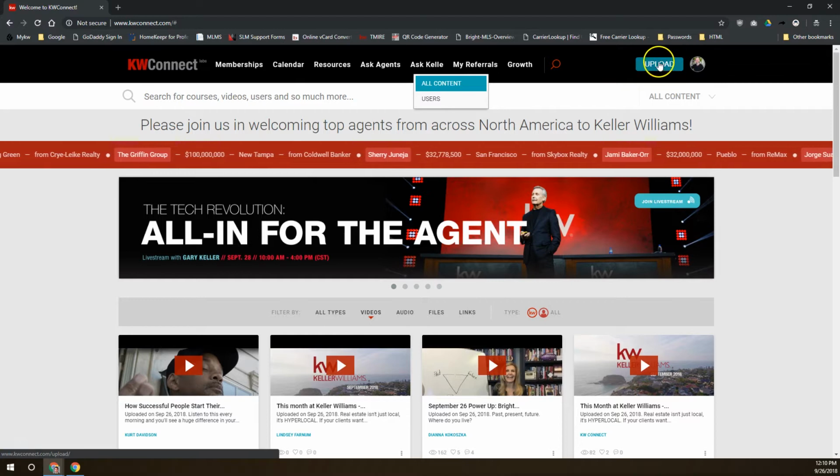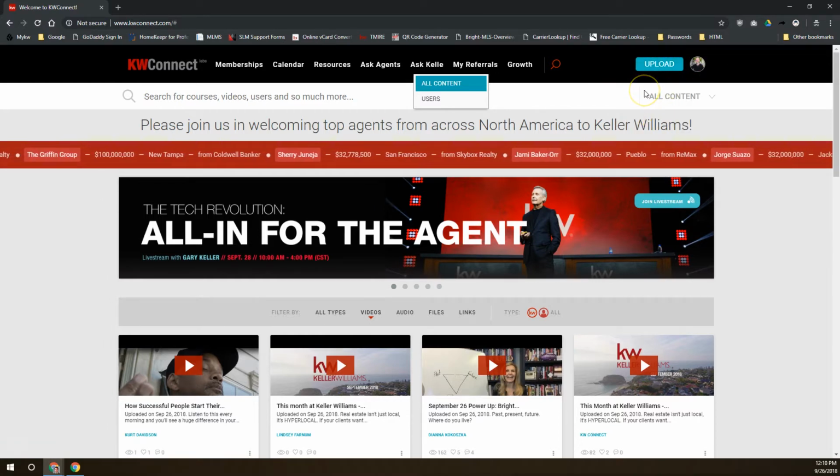Over on the right here, we've got a couple of buttons. This upload button is for your content that you want to put in here in KWConnect. So if you have a great listing presentation you want to share with other agents so that they can have a template to use for theirs, if you have a for sale by owner script or a foreclosure script or something like that that you want to share with other agents, you can do that via this upload button